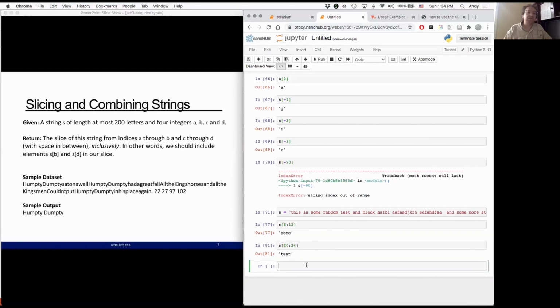And then, since I figured out the indices, I can do print S